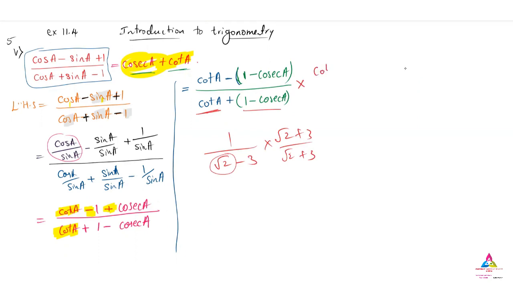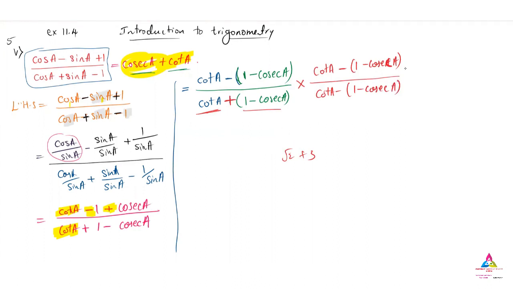So we are taking that cot A as it is, as one term, but here you have positive, so I will take a negative of, yes, negative 1 minus cosecant A. And down below also the same thing we have to take, cot A minus 1 minus cosecant A. That is the first step we have to use here to remove that 1 from it. Why do I have to remove this with the rationalizing factor? I want to remove the denominator, so I have taken it like this.